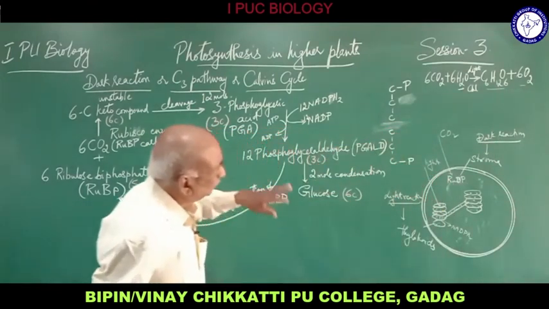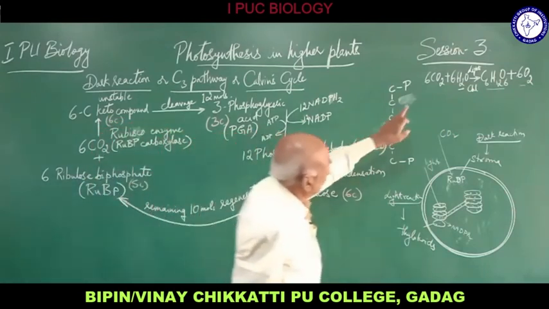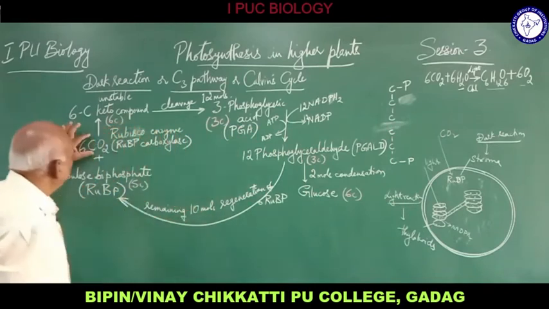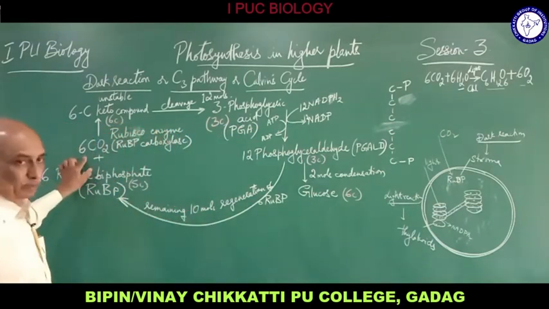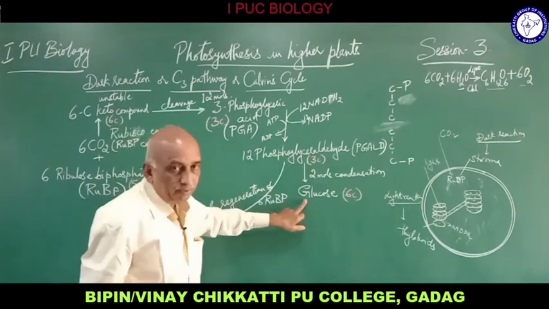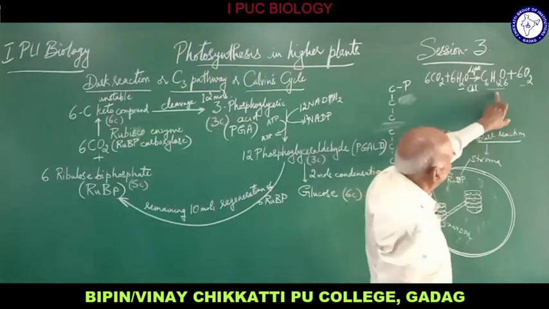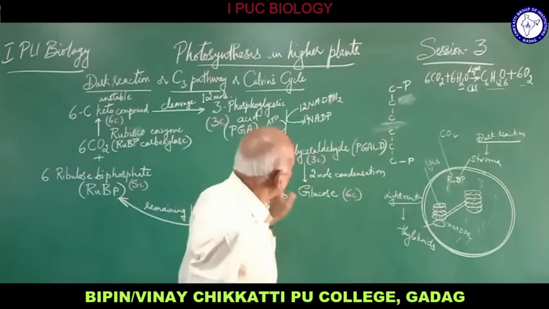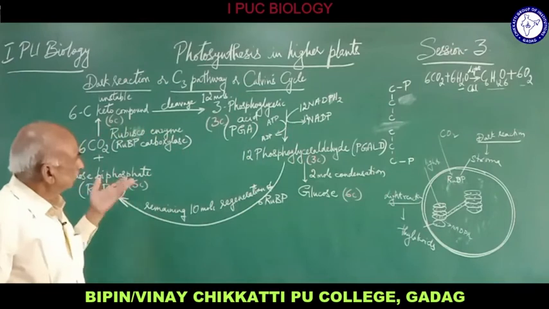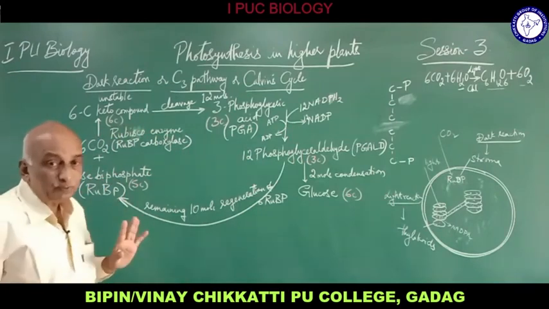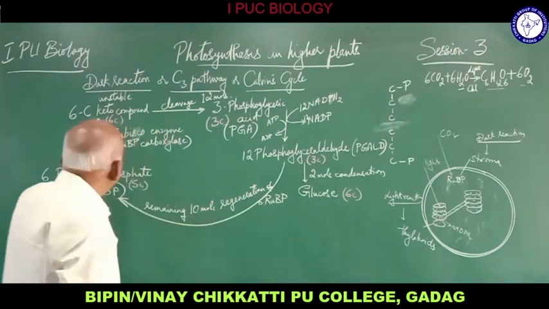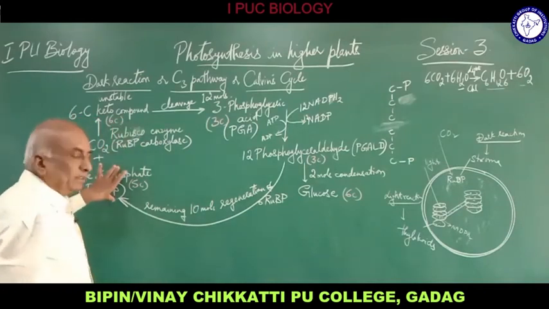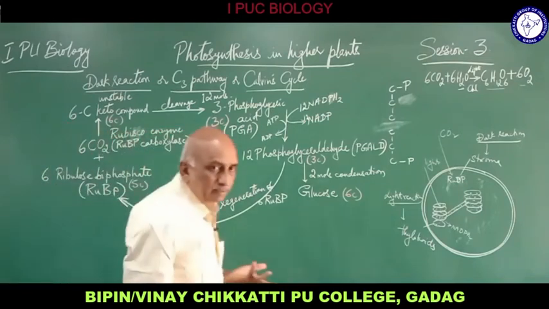And in the dark reaction, CO2 is used to produce glucose, carbohydrate. See, 6 CO2 is used to produce 1 glucose molecule. So to produce 1 glucose, 6 CO2 are necessary. When you see this reaction, there is no use of light, there is no use of the photosystem. Only this CO2 is the main raw material, and these enzymes and this starting compound are present in the stroma.